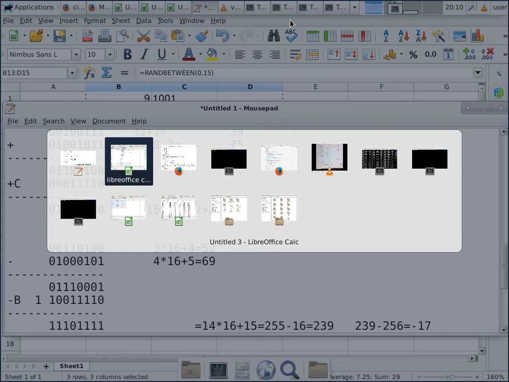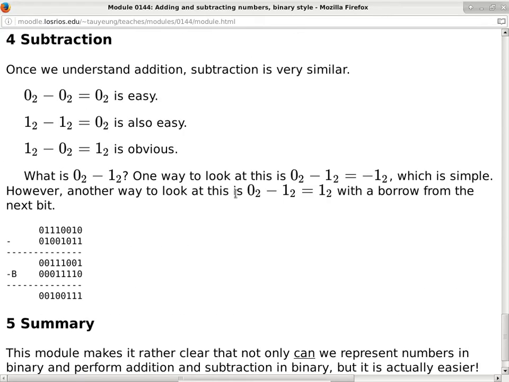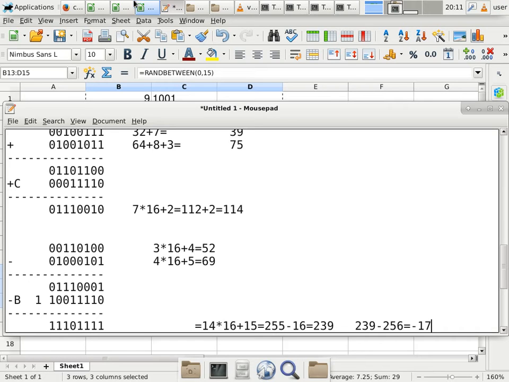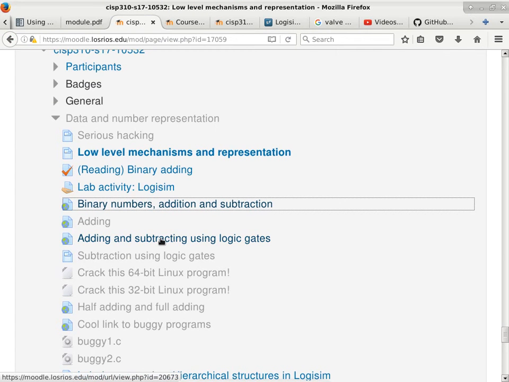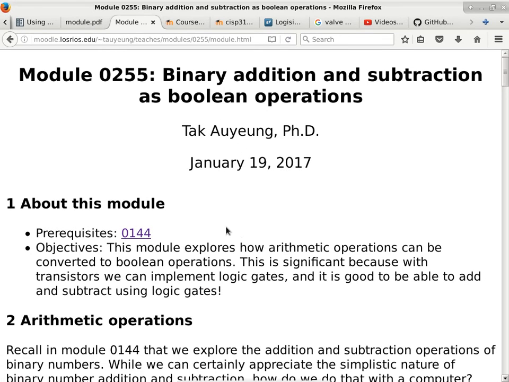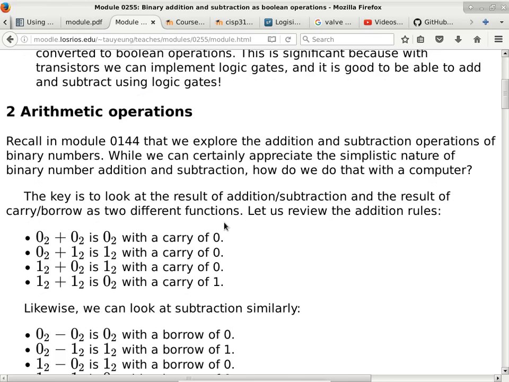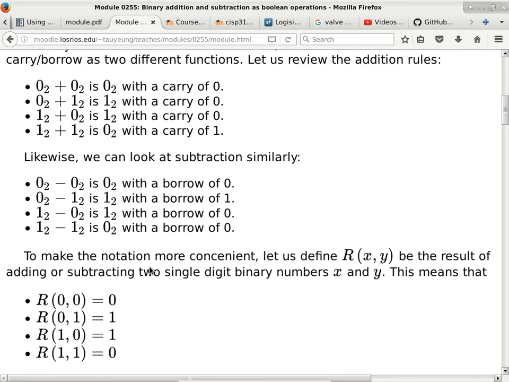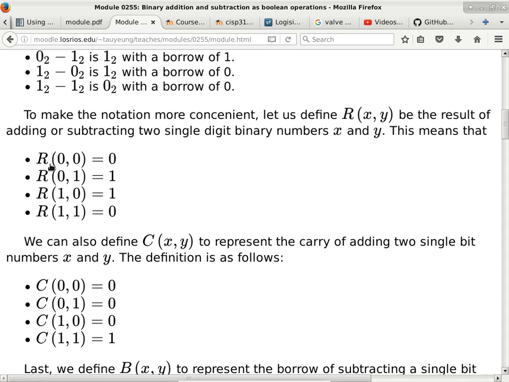All right. I do want to go to the next slide, because it is important for me to at least make that connection today. We may not be able to get through all the details, but I want to make the connection. With this slide, I'm just repeating all the same old stuff here. 0 plus 0 is 0 with a carry of 0, and so on. All the same stuff that is already captured here in green on the whiteboard. Nothing new. But what I want to do is make a new notation and say the result of